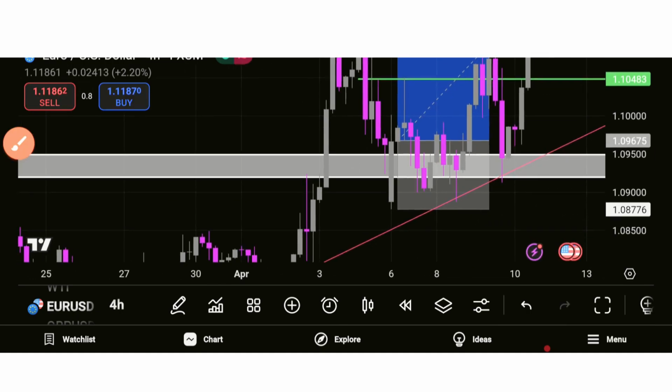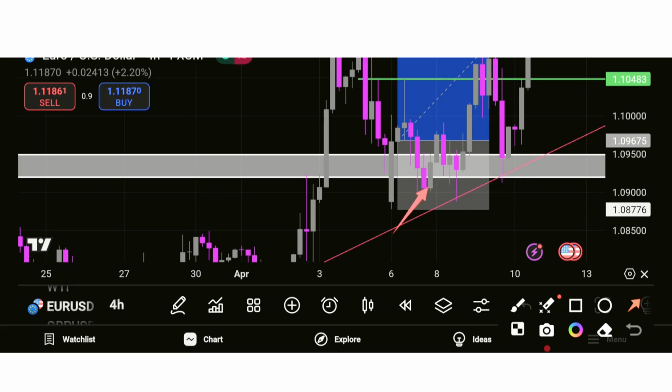And like I said, I could have panicked and closed when price was pushing so heavily into drawdown for me, but I knew that the trade was still valid based on the fundamentals, the economic data, and the actual technical setup as well. Because like I said, with the tariff uncertainty for the US,